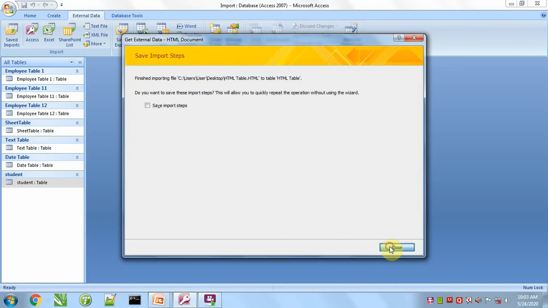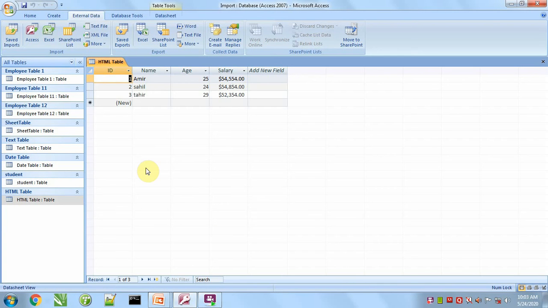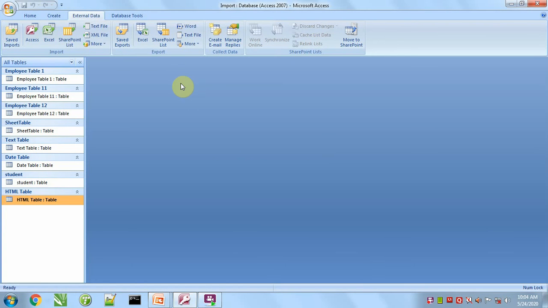Leave this option. Now we can see here, it is HTML table. So like this we can import various types of files into an Access database.